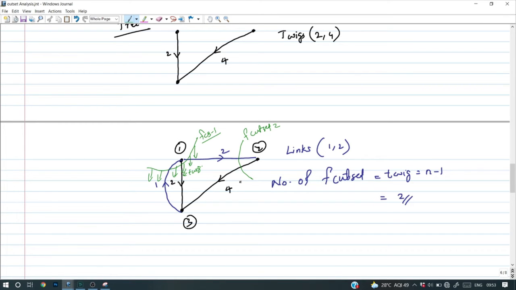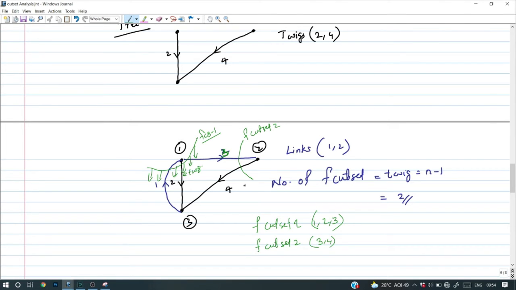Here also we can see that only one twig is available, that is 4, and only one link is available. In cut set 1 we can see that 2 links are available, 1 and 2. Here one twig and one link are available. So we can mark that one. What are the elements included in F cut set 1? The branches involved are branches 1, 2 and this is actually 3. This is the third branch, 3. Similarly, the branches involved in F cut set 2 are only 3 and 4.